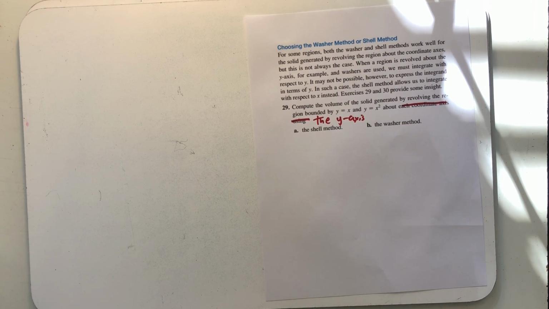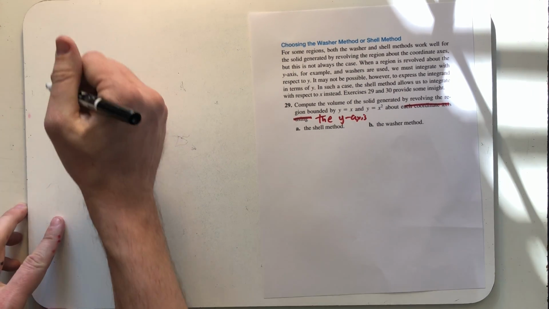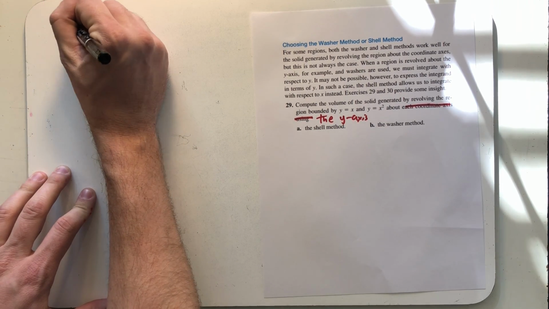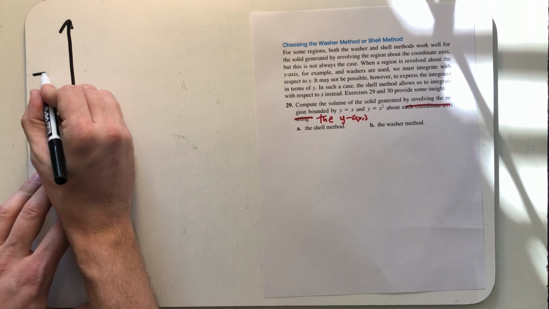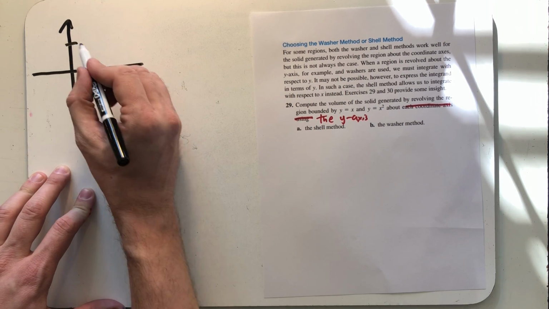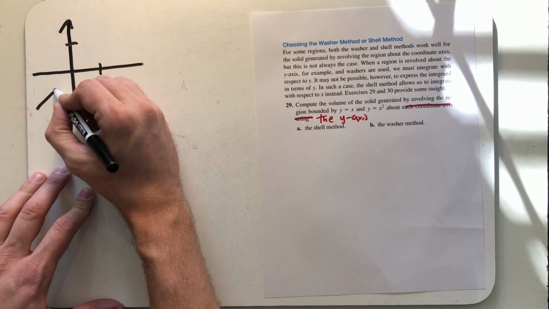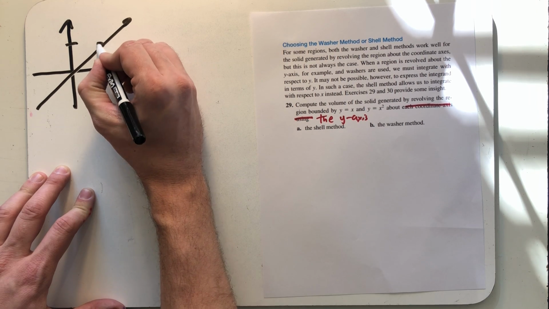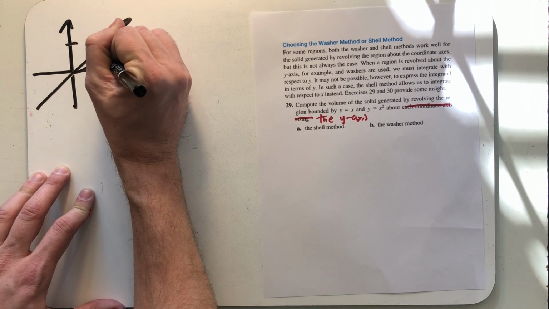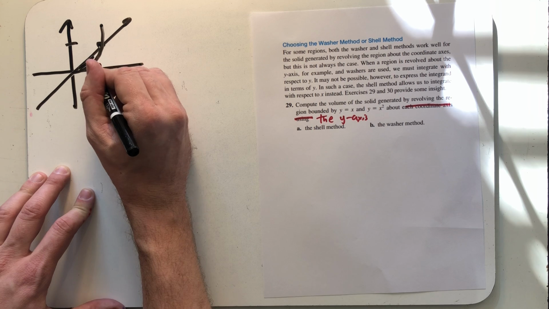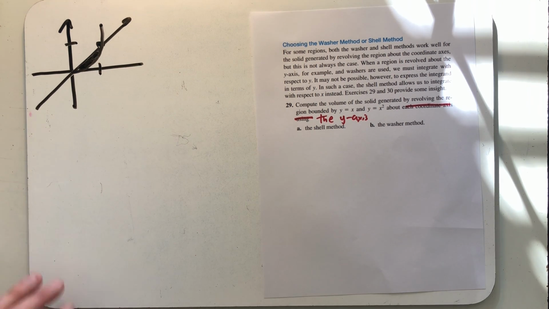So let's go ahead and sketch the region. y equals x, not a very interesting line to graph, and then y equals x squared. So we get this little bit of a sliver between the line and the parabola. And we're going to be revolving it around